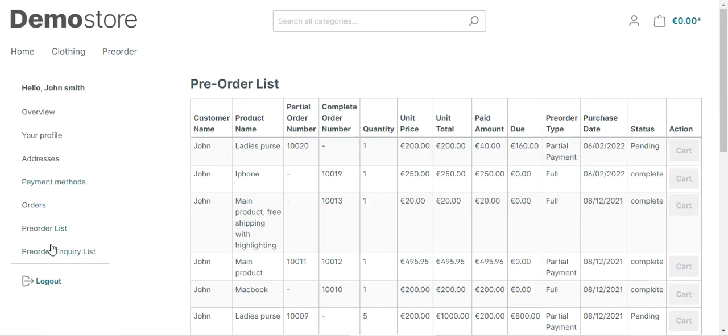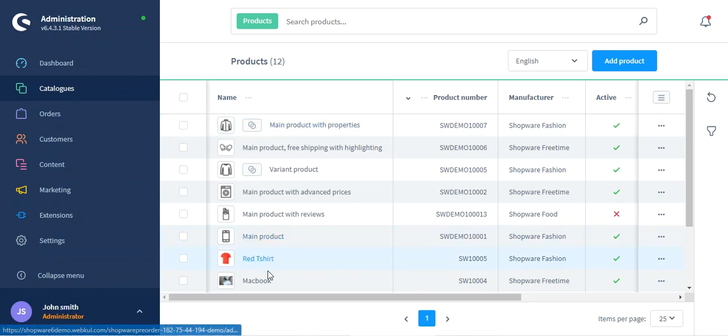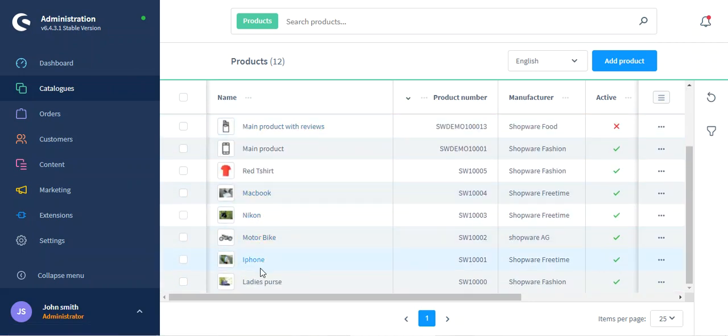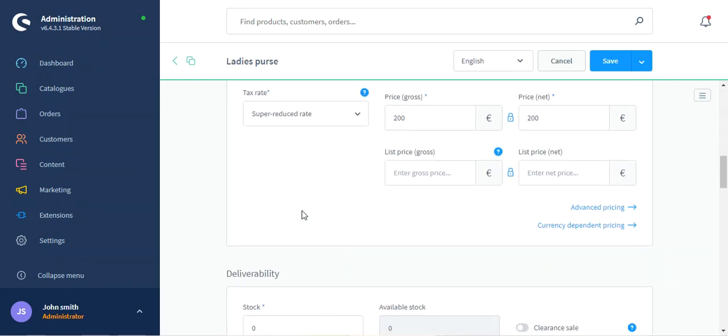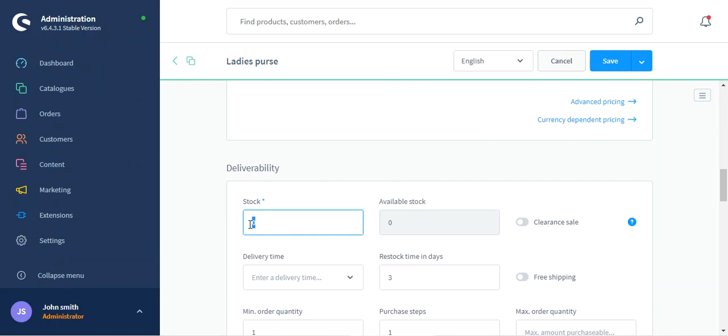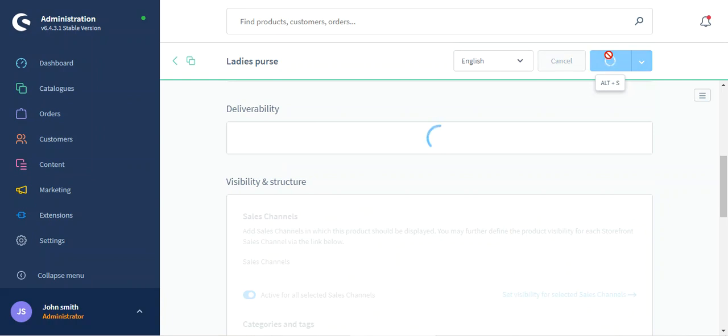Right now for the customer, under the pre-order list, here you can see that partial order number is there, and the status is pending, and under the actions column, the cart icon is not active right now. So for the product there, for the Ladies Purse, let's make it as in stock. After we make it as in stock, let me show you that. Let me make it as in stock there, and let's save the product,